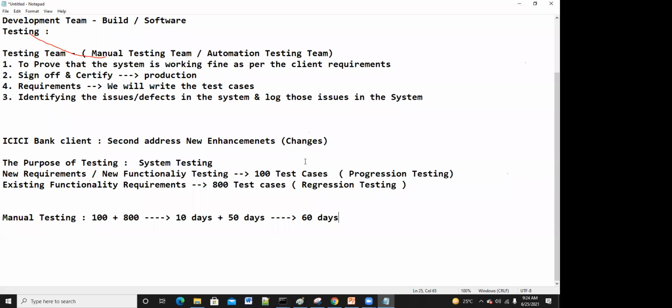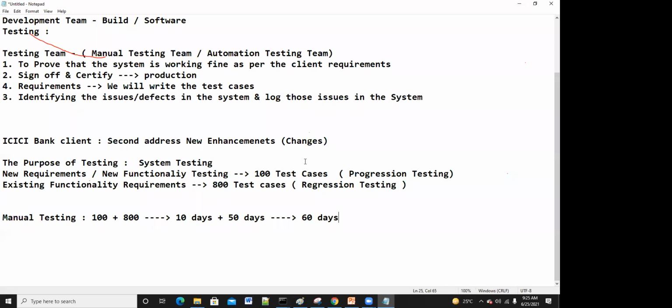In the competitive world I have to deliver my new features and new enhancements so that users are attracted to my product. Suppose I deliver very slowly and the testing team gives sign off only after 60 to 70 days. That is not the solution for me.